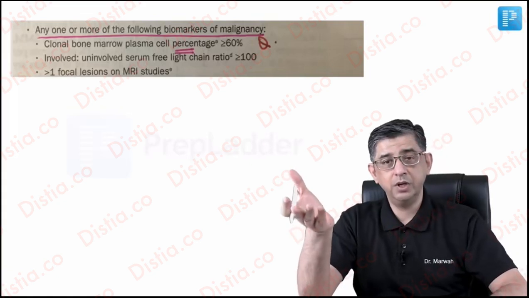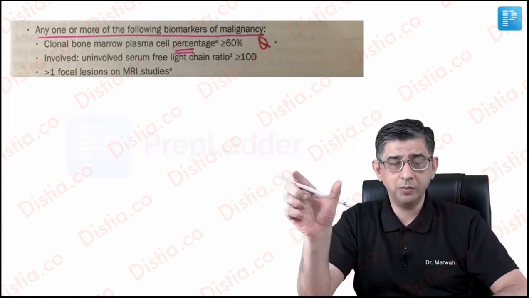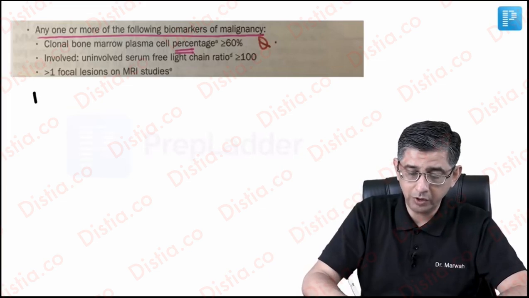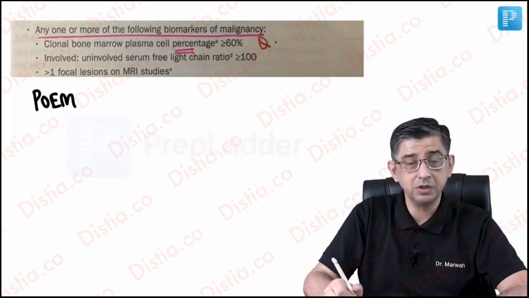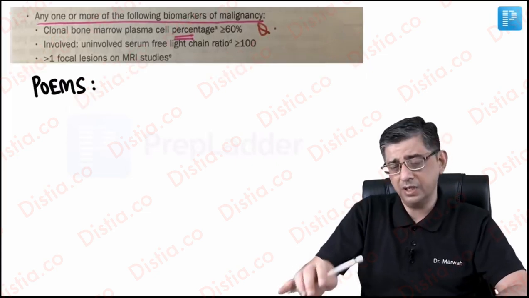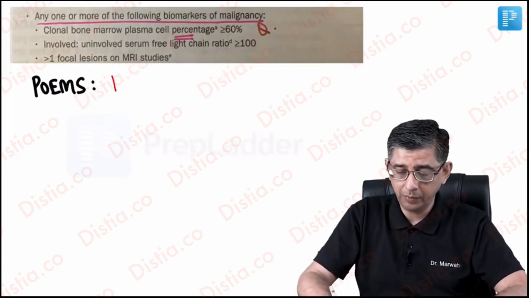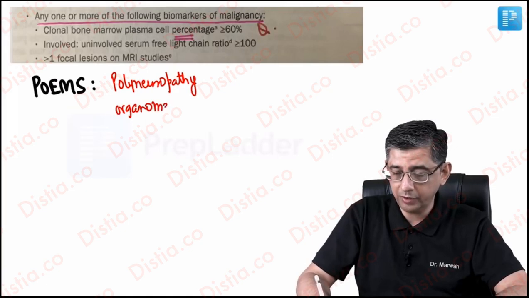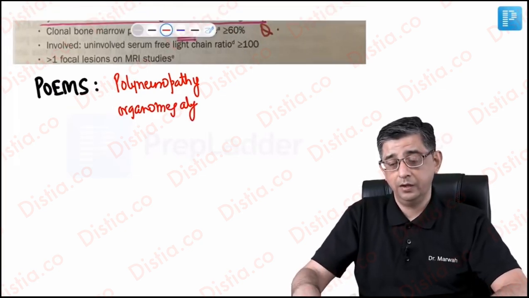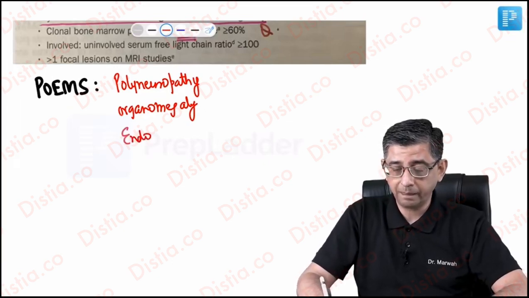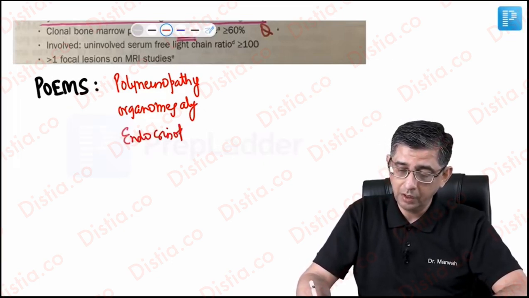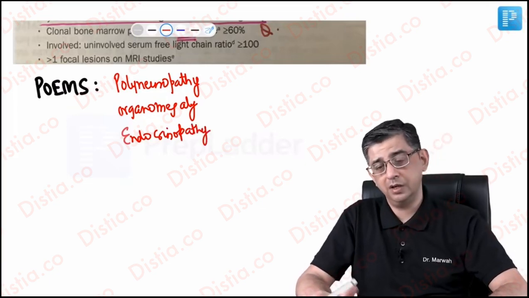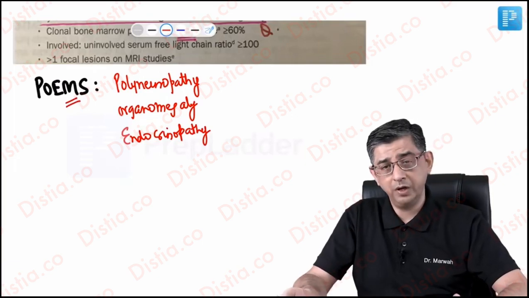Another term that I'll just say verbally, given towards the end in any textbook, is POEM syndrome. So in fact, we can use this opportunity to just jot down the features of POEM syndrome, just in case they decide to ask it. That would be polyneuropathy. Then there would be organomegaly. It could be either a splenomegaly, hepatosplenomegaly, or a lymphadenopathy present in these patients. Then is endocrinopathy. Since they love to ask about these rare aspects, I am talking about the M component now for this disease.